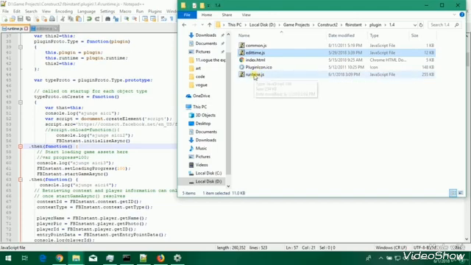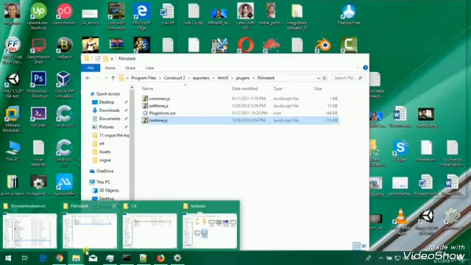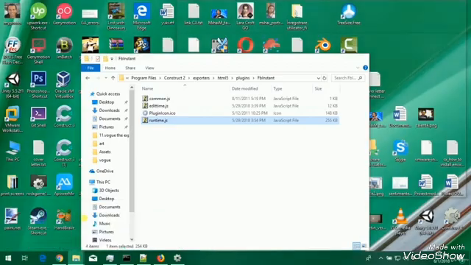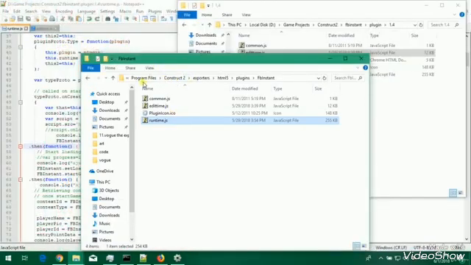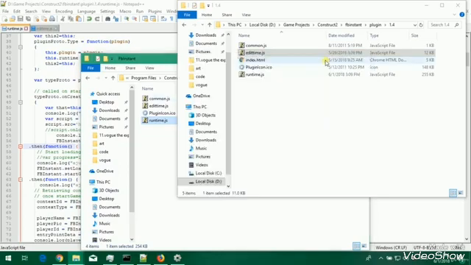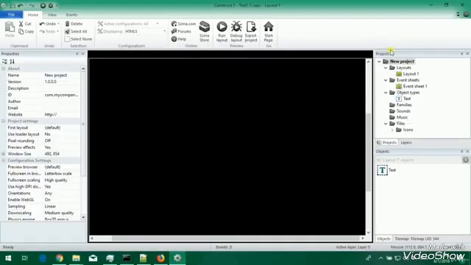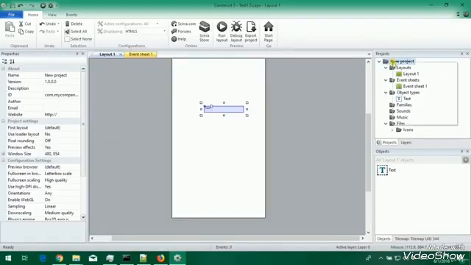And after I modify the edit time and run time from my custom folder, I will replace them inside this folder in C program files construct to exporters HTML5 plugins, and my plugin is called FB Instant. After I made the modification, I'll go back to the game and then export the game,